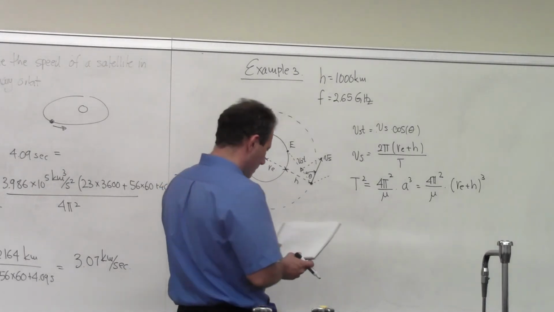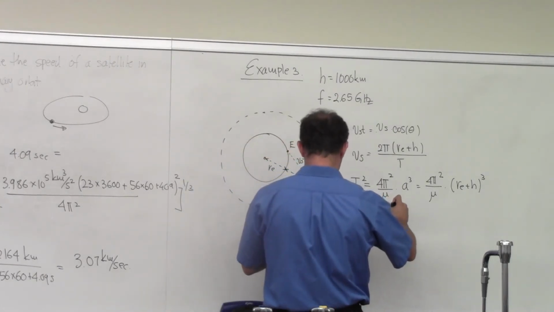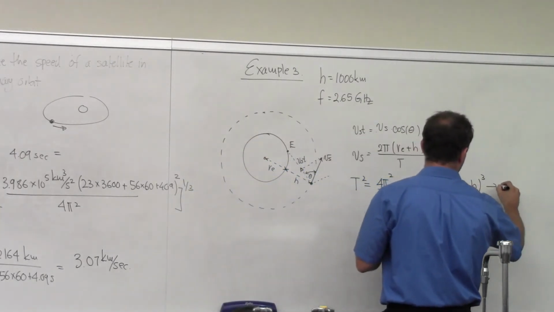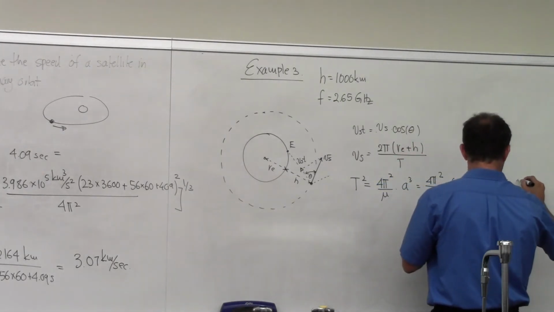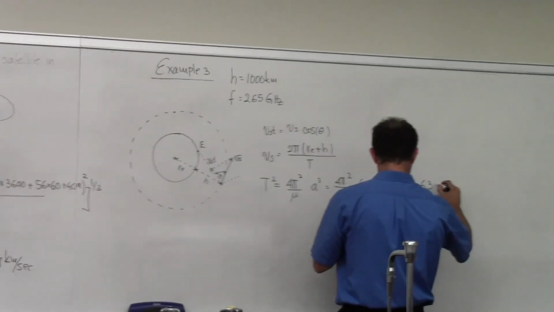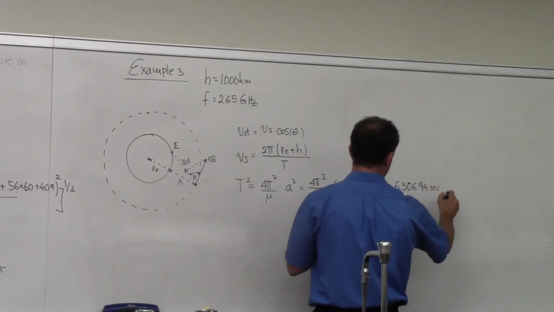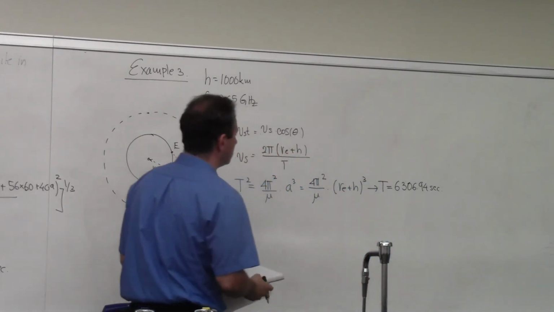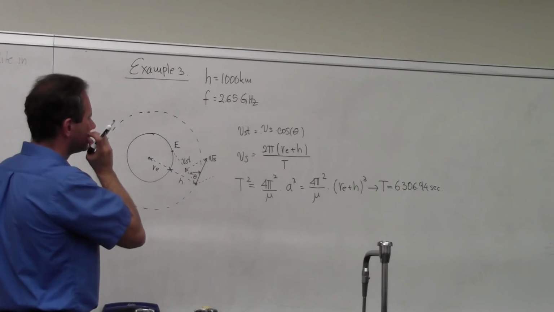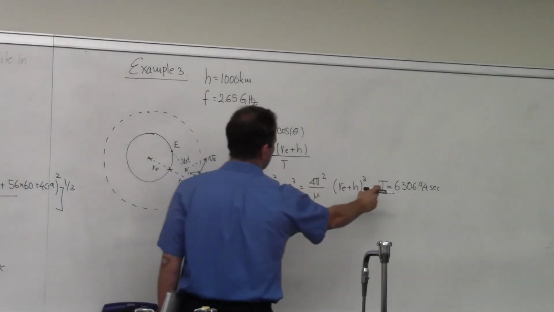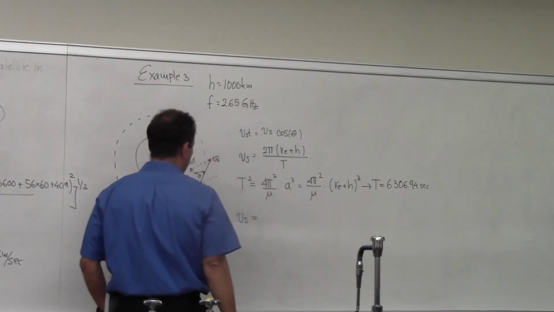So if you substitute that, I just calculated here, from here, the period as 6,369 seconds. Okay, about less than 2 hours. So once you know the period, then you can substitute the period in here and get the velocity of